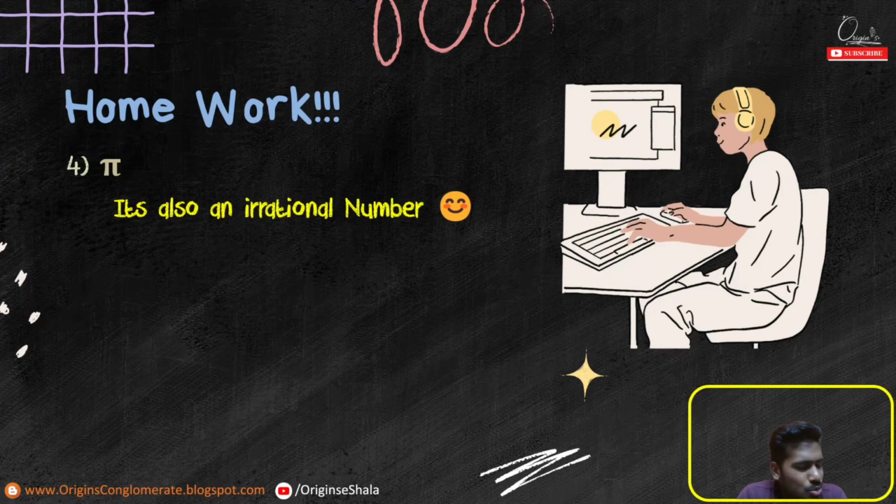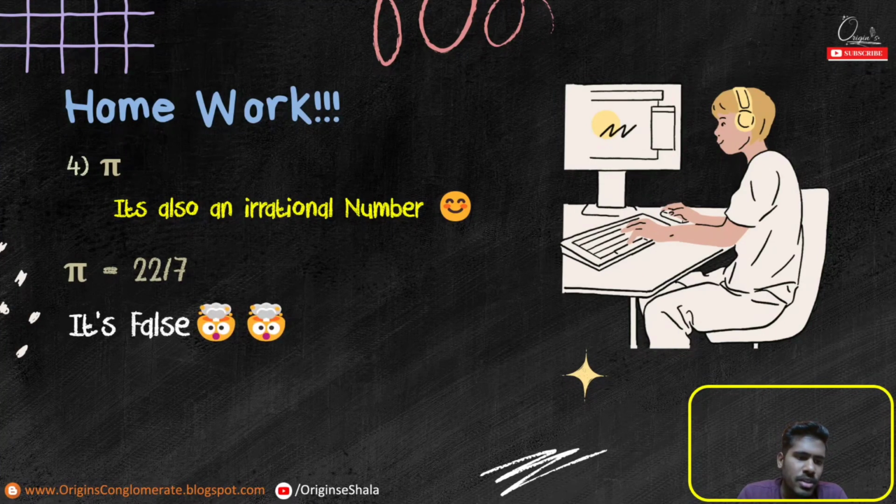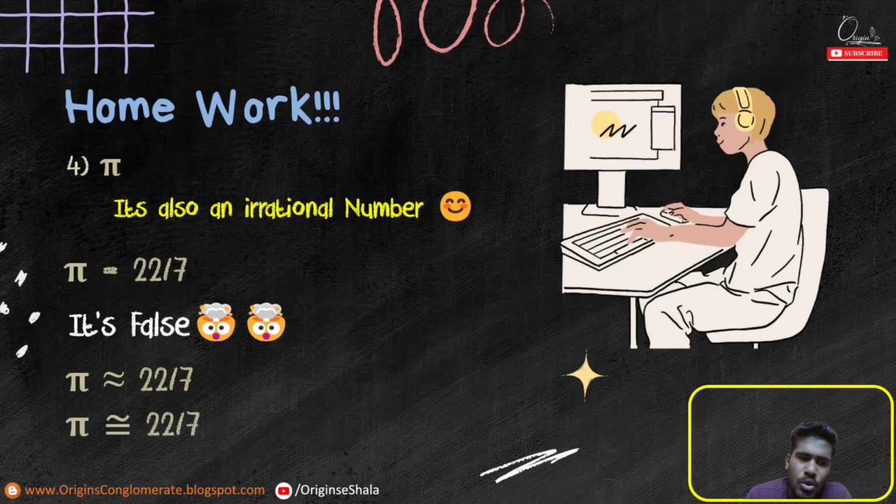Unfortunately for those of you who might have written 22 by 7, it's wrong because pi is an irrational number. 22 by 7 is only an approximate value, it is not the correct value. So if you think pi is equal to 22 by 7, it is false. You should remember it is only approximately equal to 22 by 7, not exactly equal, because pi is always represented